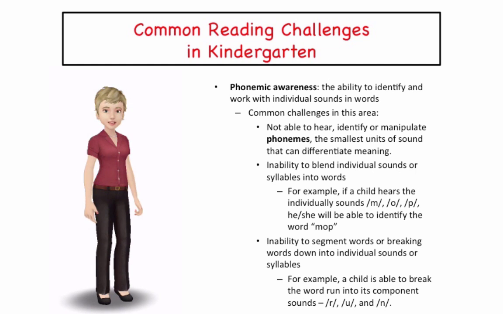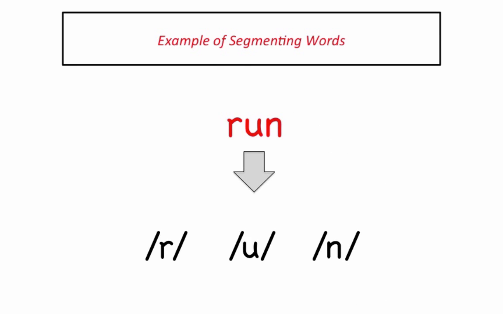It is common for children in kindergarten to have some difficulty identifying individual sounds and manipulating them into words. They might find it hard to break a word into individual sounds, a skill referred to as segmenting. Here is an example. To segment the word run, you would need to break down the word into the individual